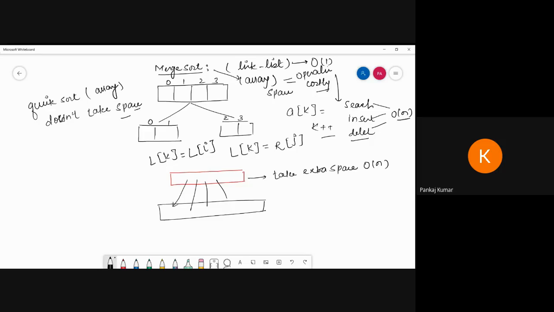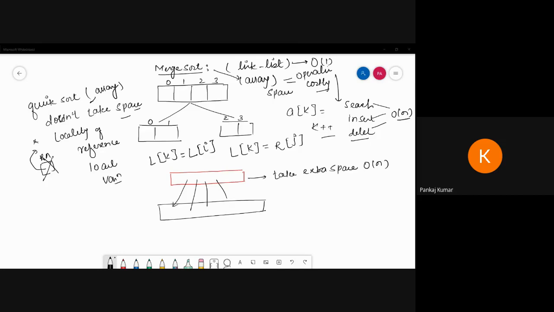So when we apply quick sort, there is an array, so there is no such effect. Insertion and deletion are very easy in comparison to merge sort. And quick sort also follows locality of reference. So what is locality of reference? It creates a short-term memory like RAM, which can be used directly, and then afterwards it is automatically erased. That is locality of reference. That means you can use the local variable concept all the time. So that is the benefit of quick sort.